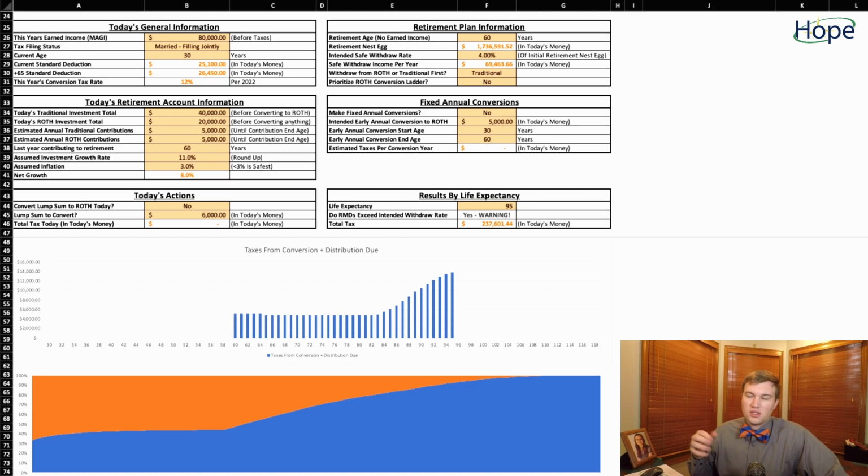For the purposes of this spreadsheet, it's conservative to estimate a higher growth because we're looking at how required minimum distributions can exceed a safe withdrawal rate. So you want to be a little aggressive. So I popped in 11% for how much growth we expect their investment portfolio to do. I popped in 3% for assumed inflation. You actually want to be on the lower end. So if you assume 3 to 4%, popping in 3 in the spreadsheet is going to be more conservative. Net growth for their investments is going to be 8%, 11 minus 3 equals 8.